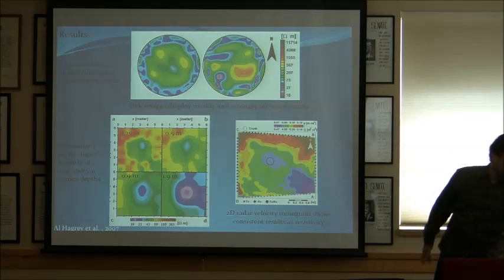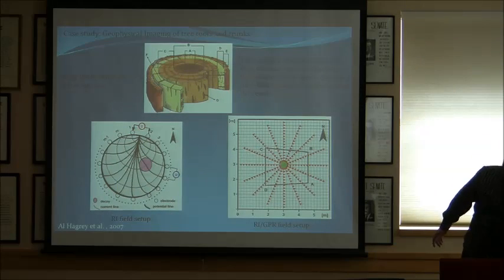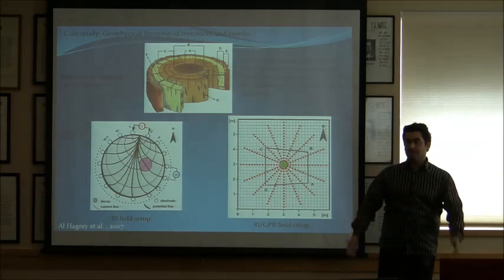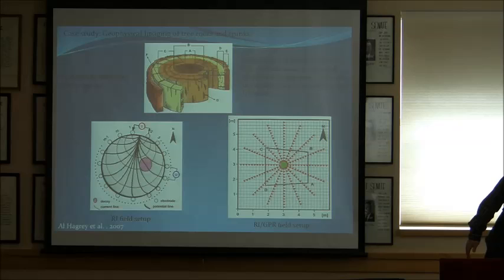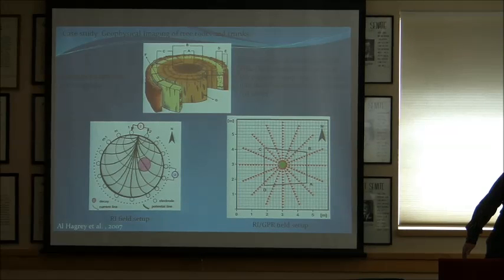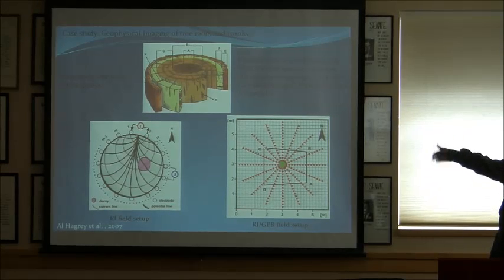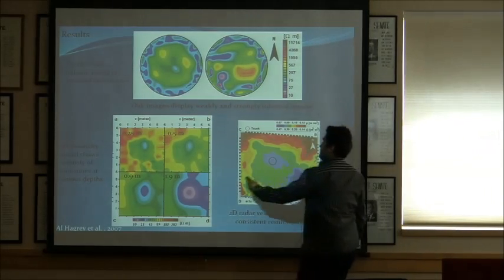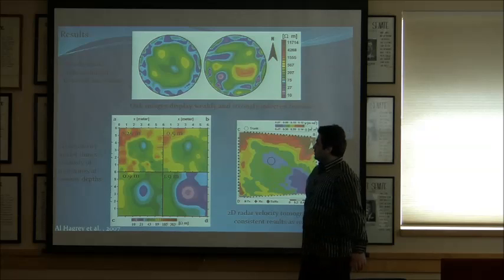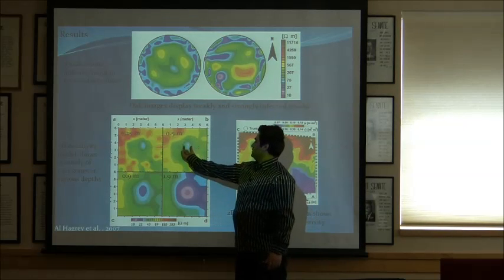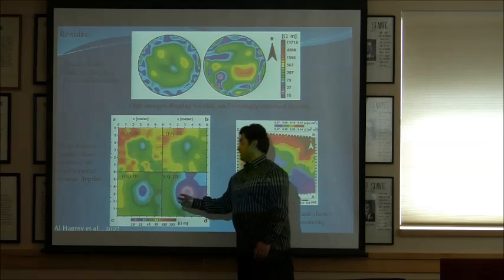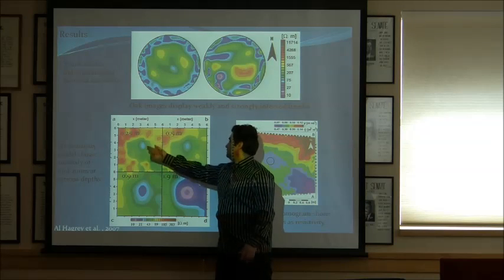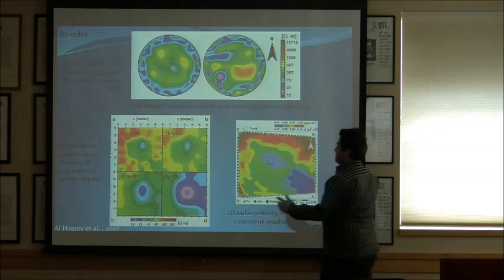One thing, I have a quick comment about this. As you can see here, they have several 2D lines. They combine them to make a 3D image, which some people don't like because you are simply inverting 2D sections, and you are interpolating a lot around the tree. Here they predict this anomaly as the tree roots. This anomaly is at variable depths, such as here, half a meter, and to